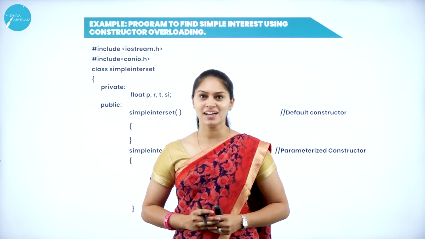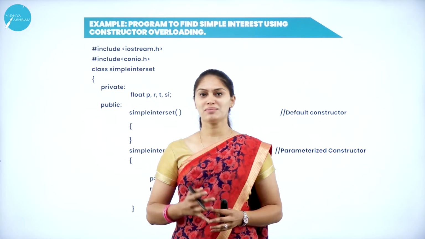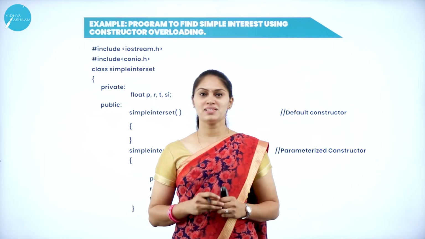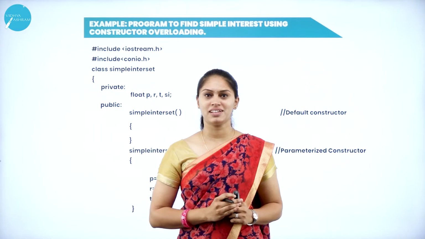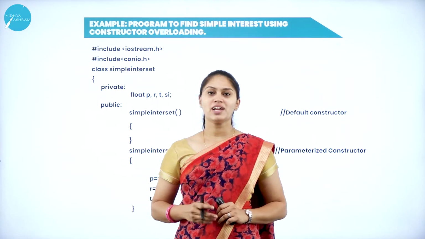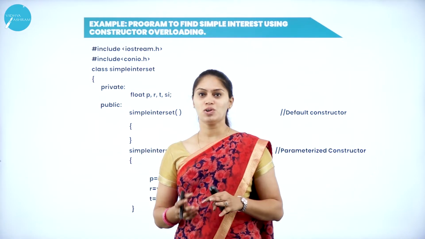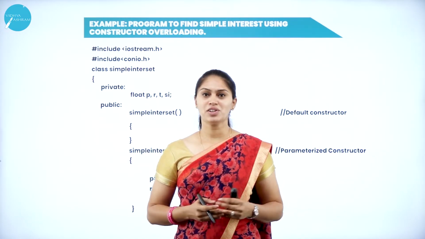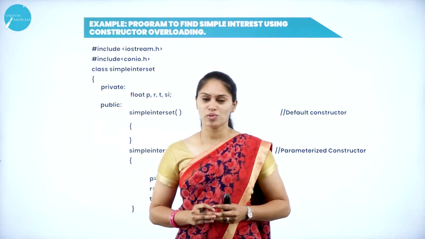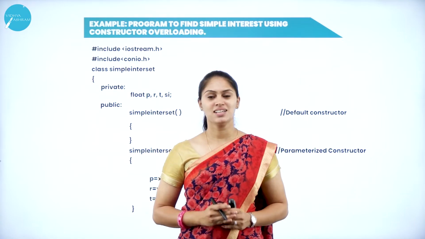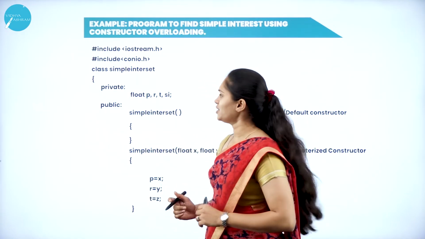Here I am calculating a simple interest. So what do you mean by simple interest? Which contents do I require? I require the principal amount, time and rate of interest. Those are the three variables that I am going to take, and I am going to take one more variable in order to store the computed value. After that, I am going to use the constructor overloading method along with the types of constructor that you may see in this program. So we'll get into the program.